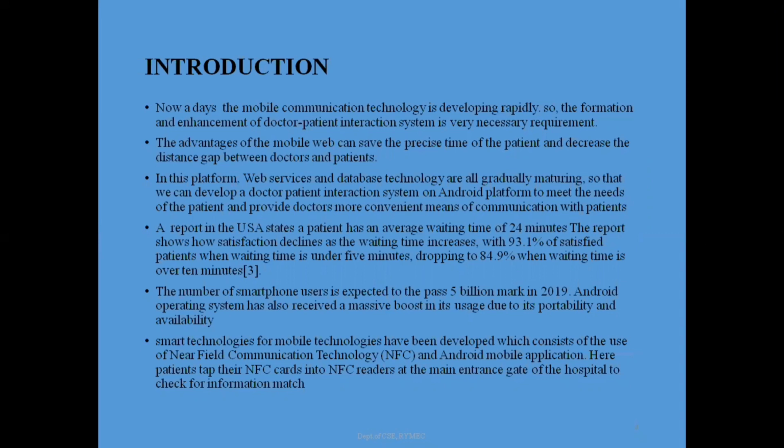The advantage of the mobile web is that it can save the precise time of the patient and decrease the distance gap between doctors and patients. In this platform, web services and database technologies are all gradually maturing, so that we can develop a doctor-patient interaction system on Android platform to meet the needs of the patient and provide doctors more convenient means of